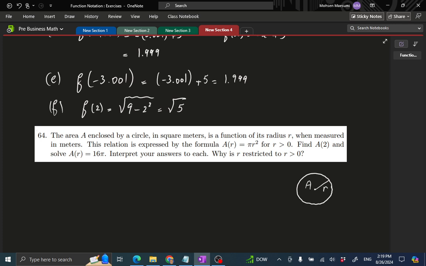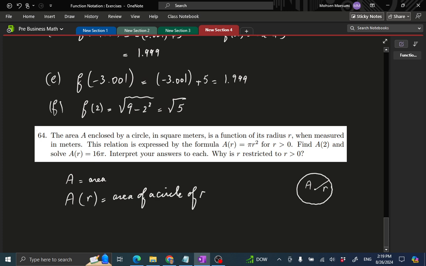So this relation is expressed by the following formula. So A means area. A of r means area of a circle of radius